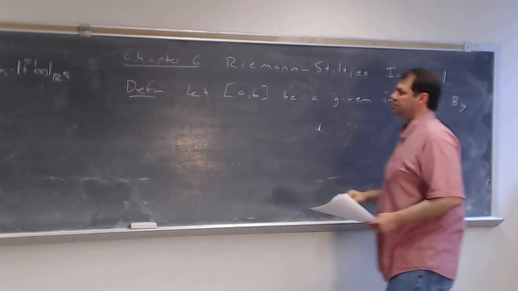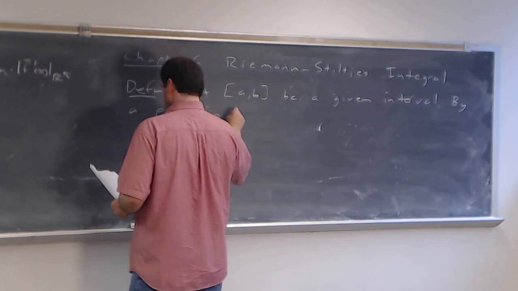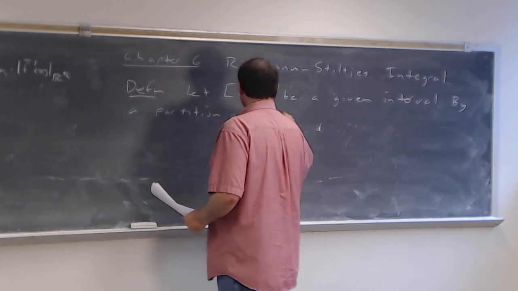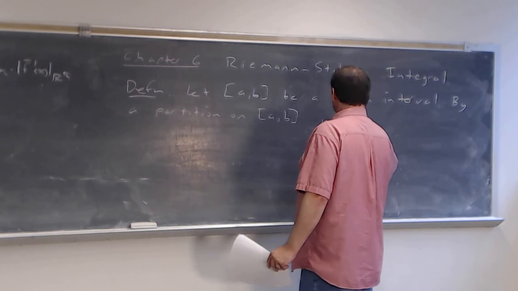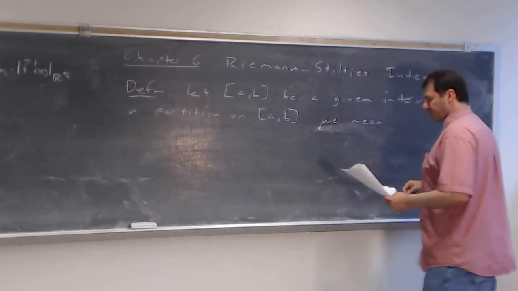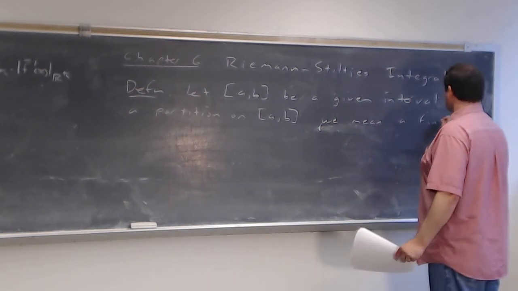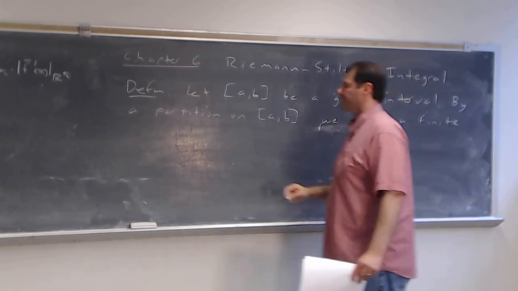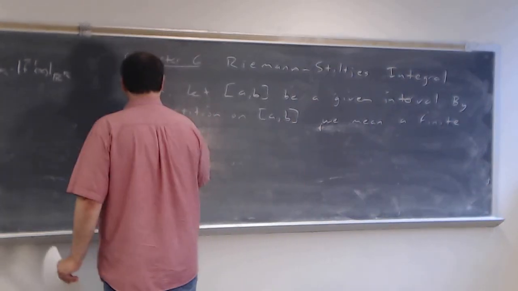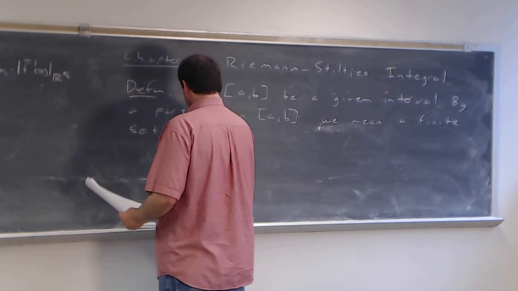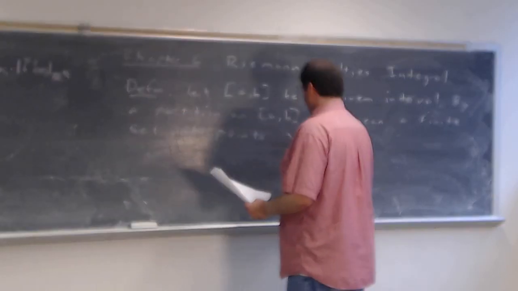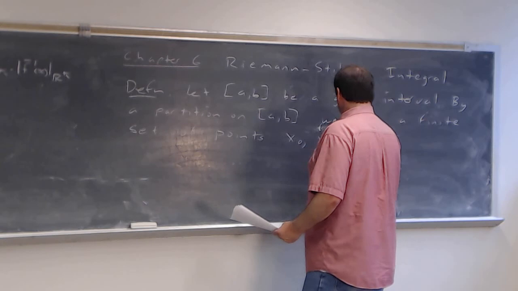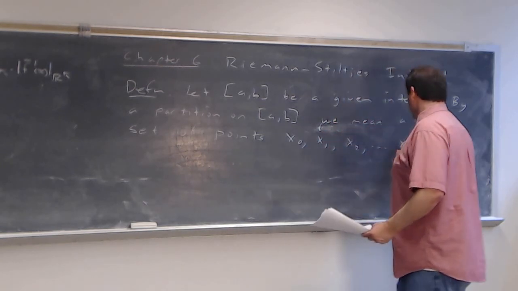By a partition of [a, b], we mean a finite set of points, and so we have x0, x1, x2, all the way up to xn,